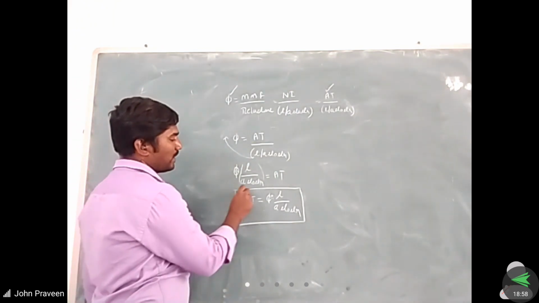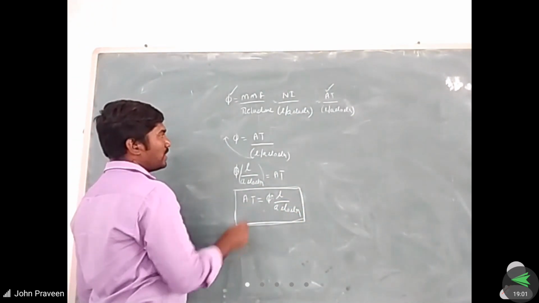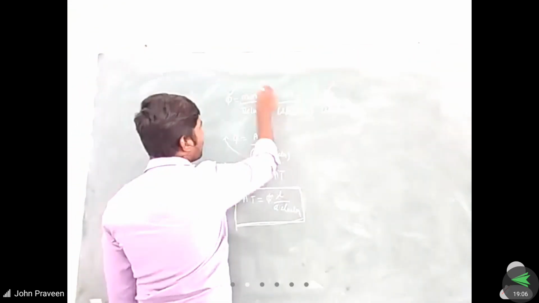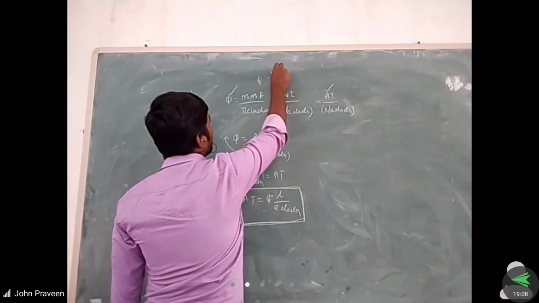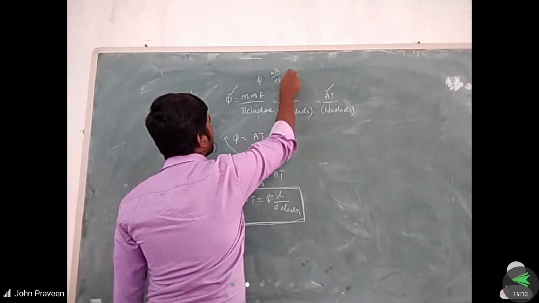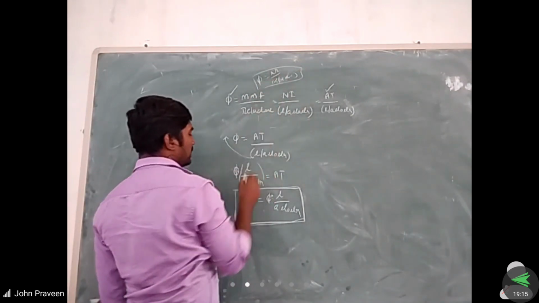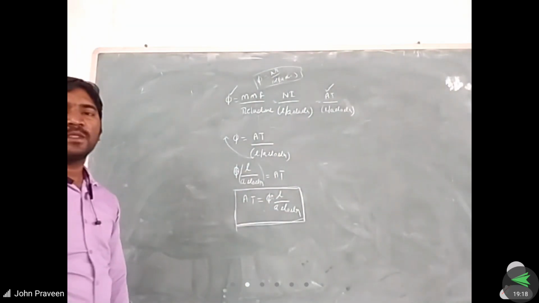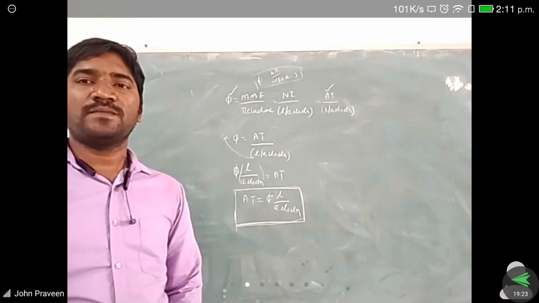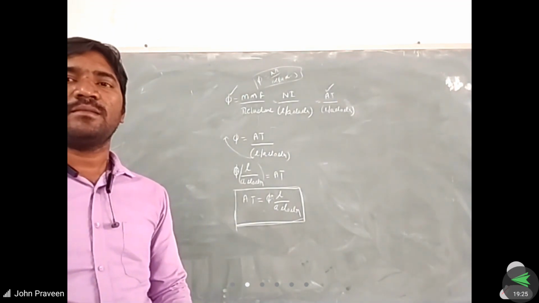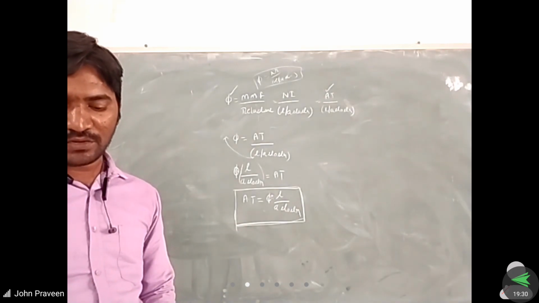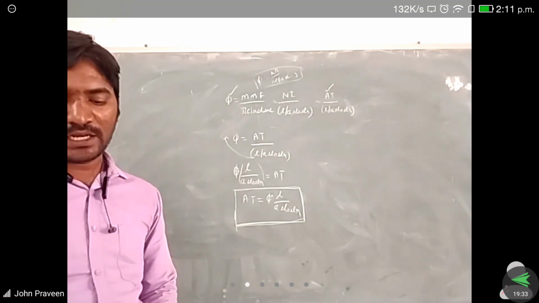So just remember the formula. No need to remember all those things. So here we are getting this formula: phi is equal to Ni by L into L by A into mu naught into mu r. This is one formula and this is another formula we should remember. Those will be helpful while we are calculating about the series and the parallel magnetic circuits. First we think about the series circuit, then we go for the parallel magnetic circuits.